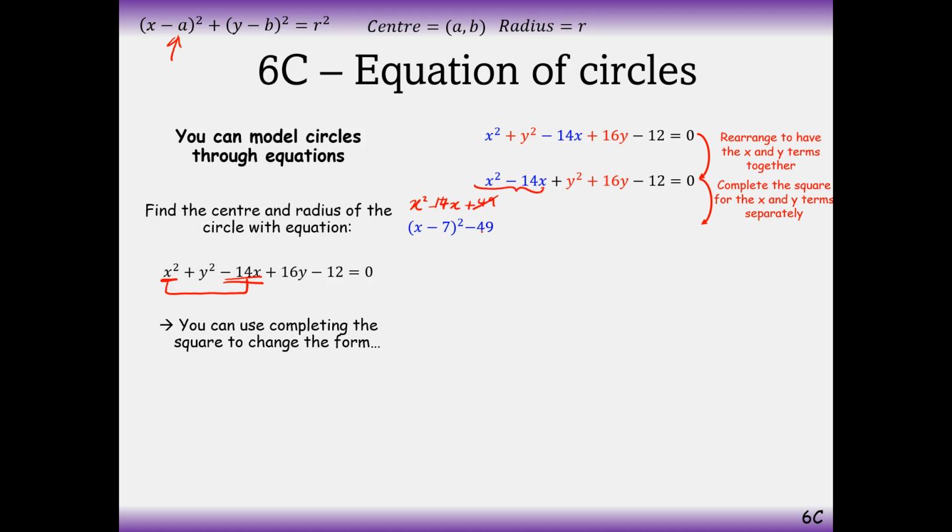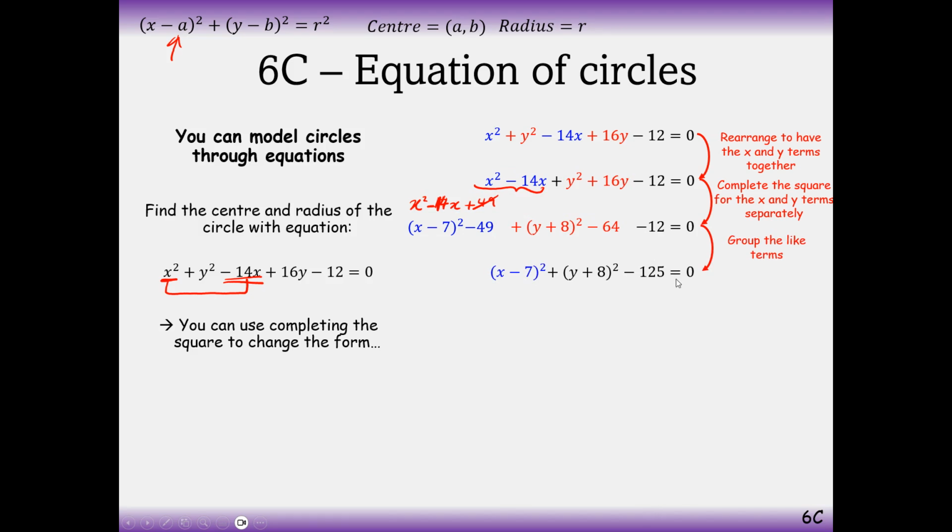So that's why we're subtracting 49, so that this would balance out with the blue above. Now doing the same thing for y, half of 16 is 8, and make sure you subtract 64 from that. And now you're combining the constants with each other to find the radius. So minus 49 and minus 64 and minus 12 add up to